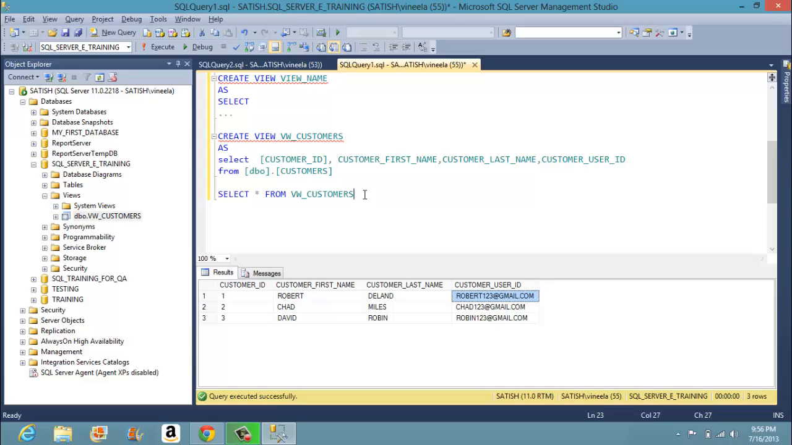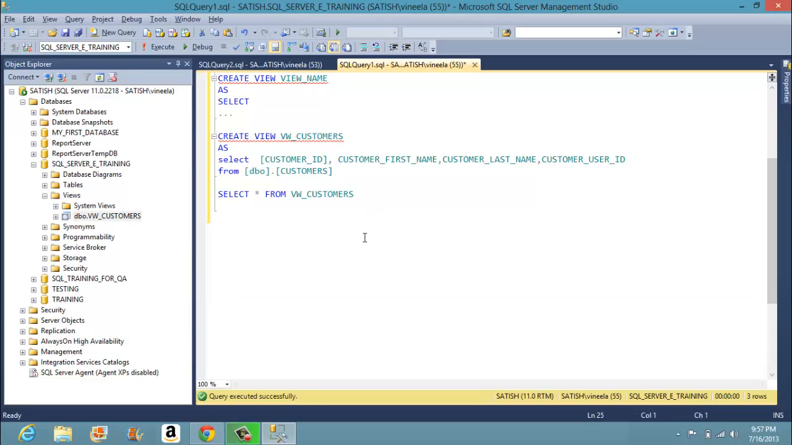Okay, so you can also filter the data by using a where clause, or you can use a group by clause, order by clause, whichever clause you want to use. You can use the view in the same way as a table. Okay, so if we want to create another view